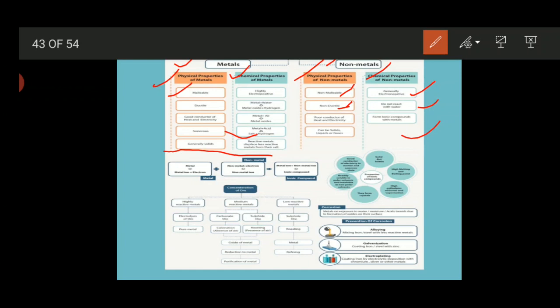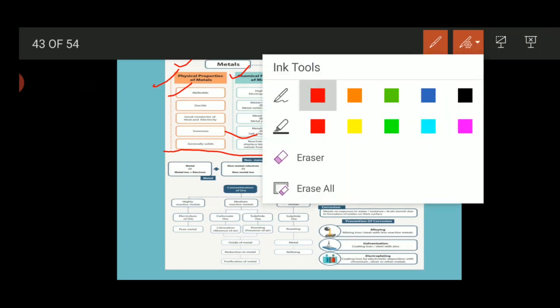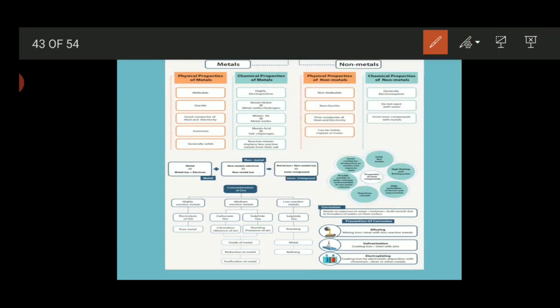Now the second part of the chapter is the extraction of metals from their ores. So what exactly is it? Ores are crushed and undergo a process of concentration with different methods. Then the conversion process is done. After that, the reduction process is done, and at last refining is done. After the refining process, we are able to get the purest form of metal. By this, our overall third chapter is over.